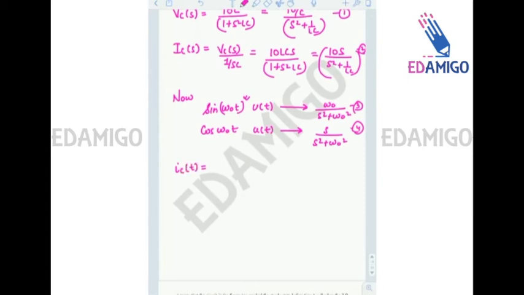ICT is equal to, by comparing this with equation number 4, I can say that the current is, just multiply omega naught top and bottom. So by comparing this with this equation, I can say that it is 10 cos, here omega naught will be 1 upon root LC, into T. Okay, similarly